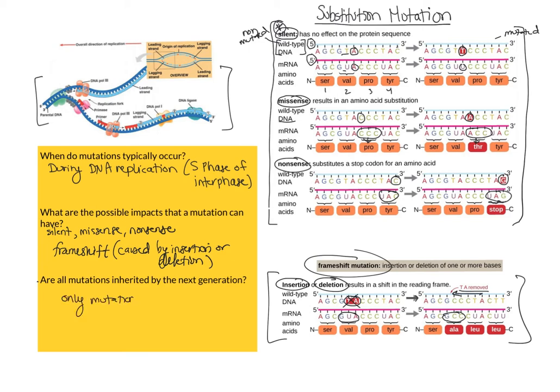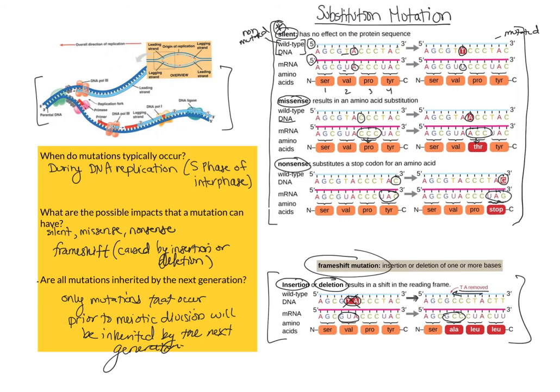only mutations that occur prior to meiotic division will be inherited by the next generation, right? Because if we think about this,